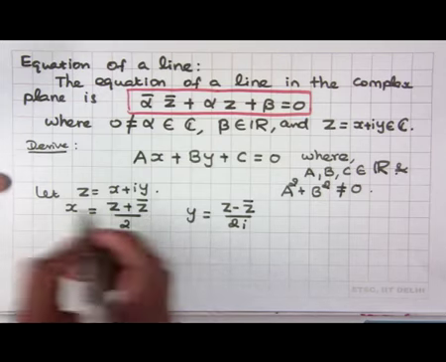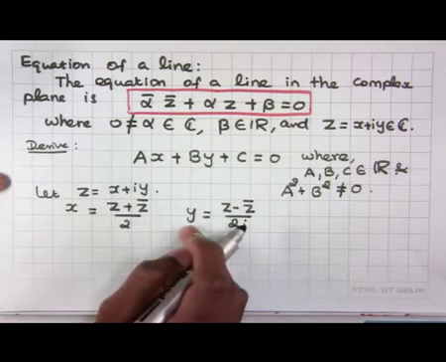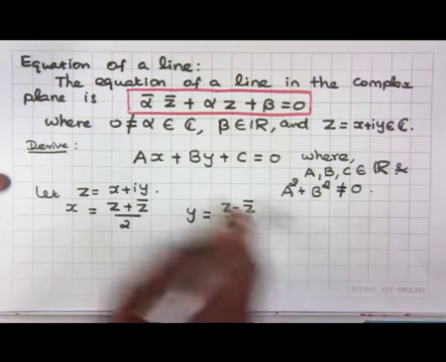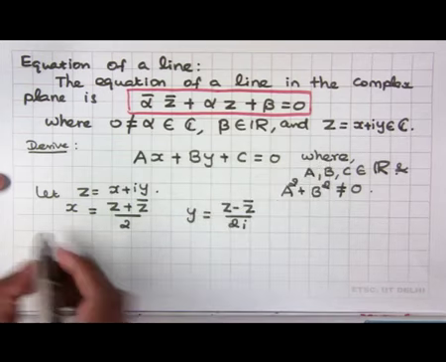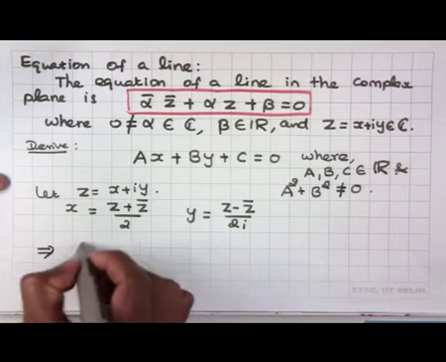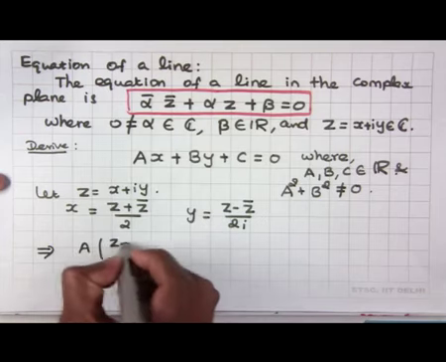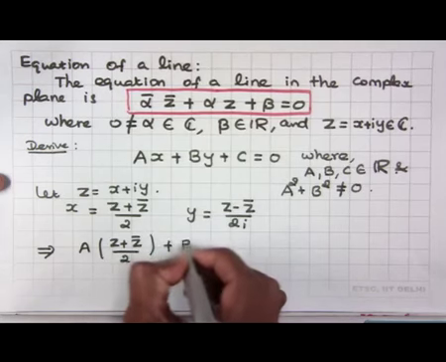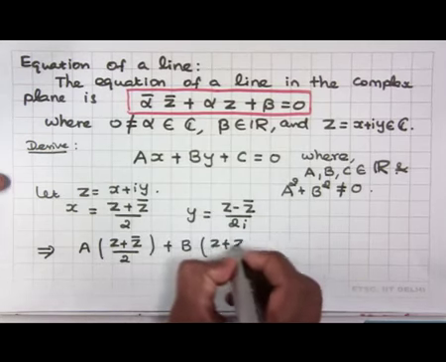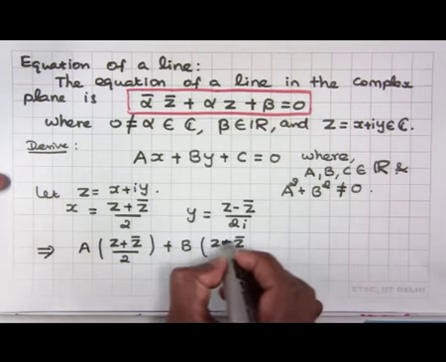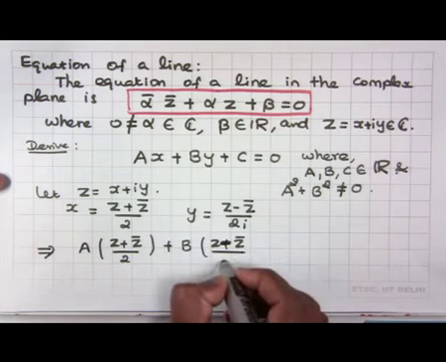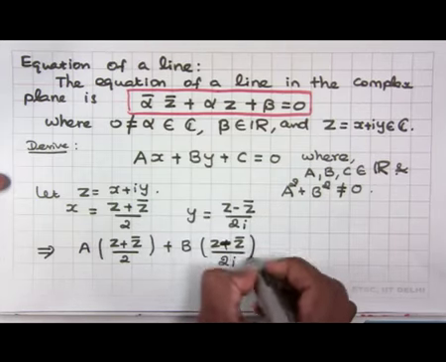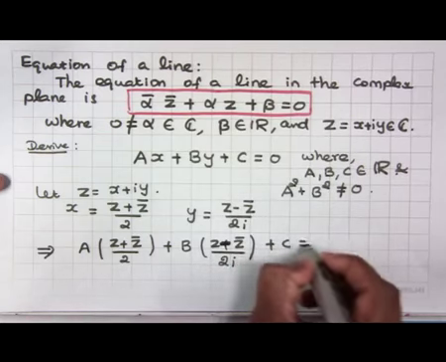Now, if the pair x, y lies on a straight line, it satisfies this equation. So, this implies that we get a times (z + z bar) by 2 plus b times (z − z bar) by 2i plus c equal to 0,